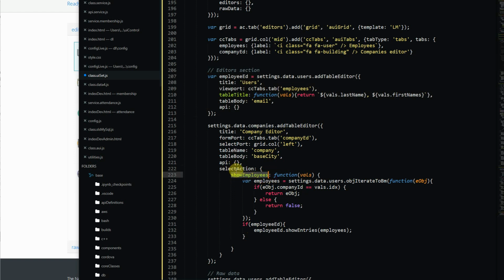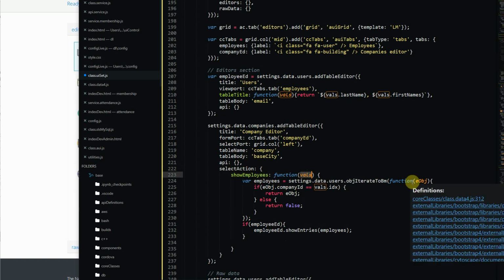Within select action, you can create attributes which must be functions that tell you what to do when you've clicked on one of those entries. These functions will accept the values behind the